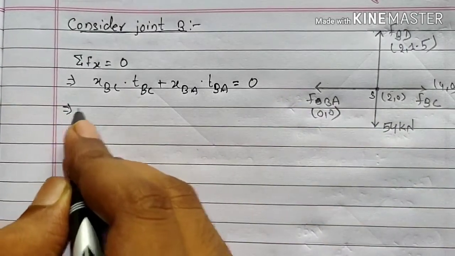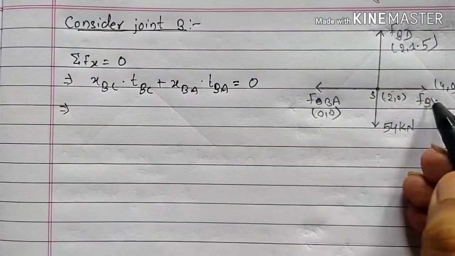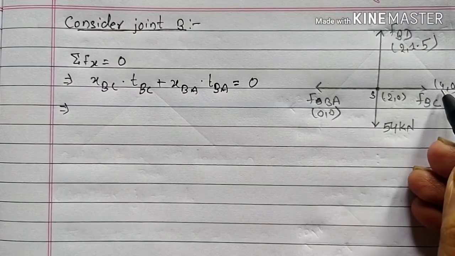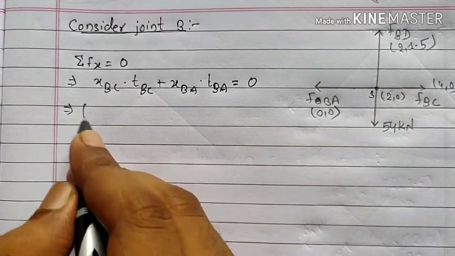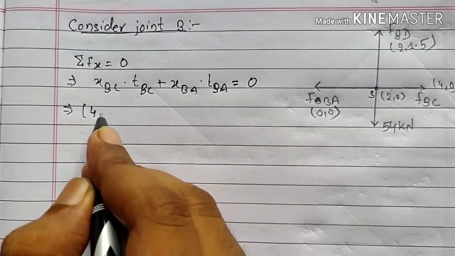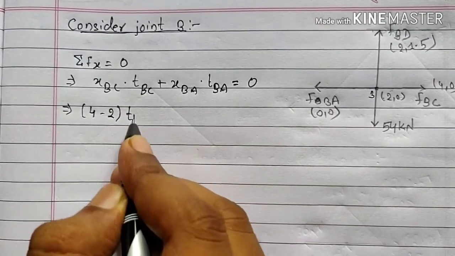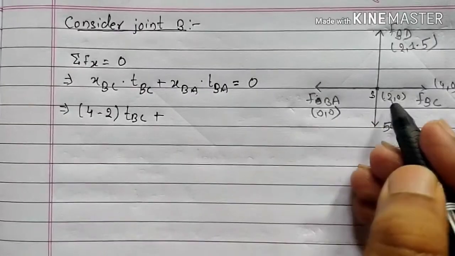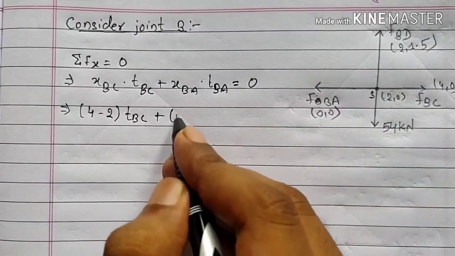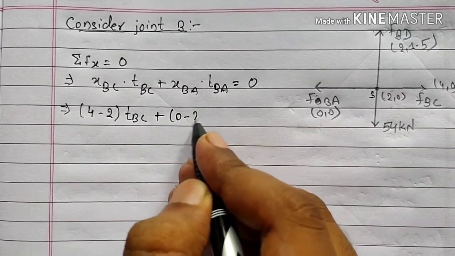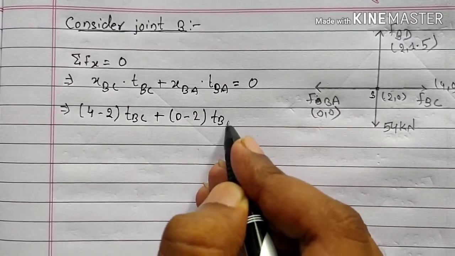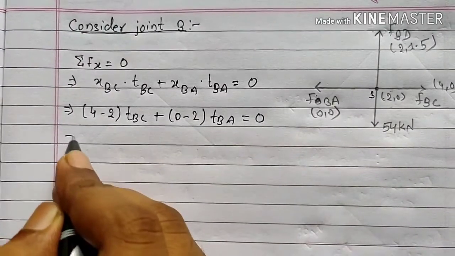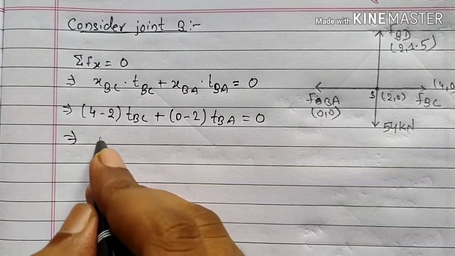Now XBC, for BC we again need to apply force in x direction, so xj minus xi will be equals to 4 minus 2 times TBC plus XBA, B to A means 0 minus 2, times TBA equals to 0,